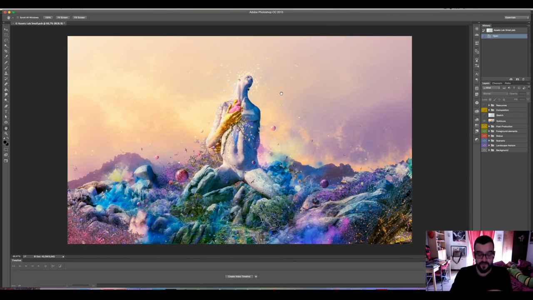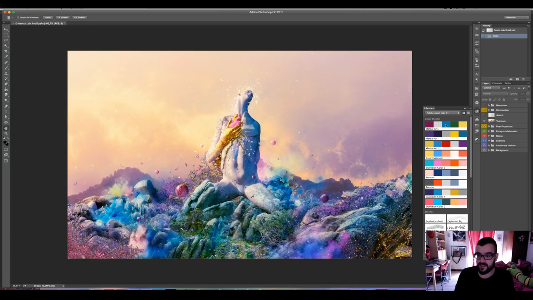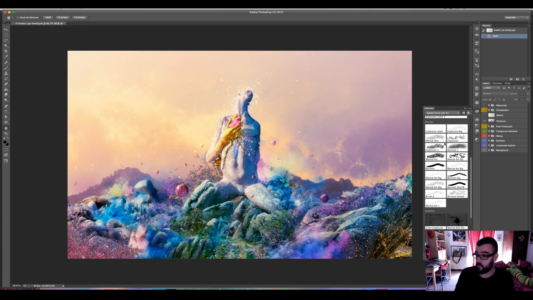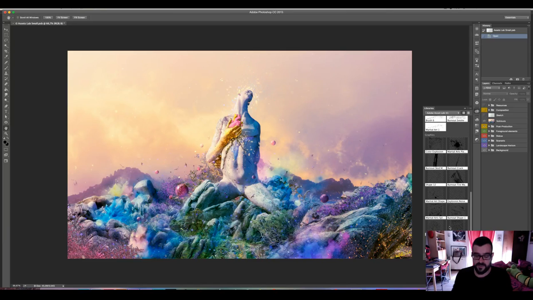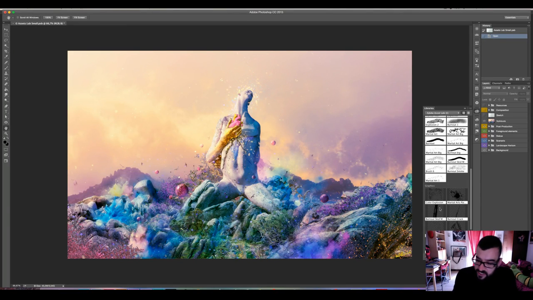There's a new application for your smartphone or iPad, which is called Adobe Capture, and it's completely free. Just by taking snapshots of pretty much anything, you can create color palettes, Photoshop brushes, and vector shapes that you can use in any of your designs. You can synchronize those resources if you have a Creative Cloud account, and you can access them both online or offline in any Creative Cloud application.